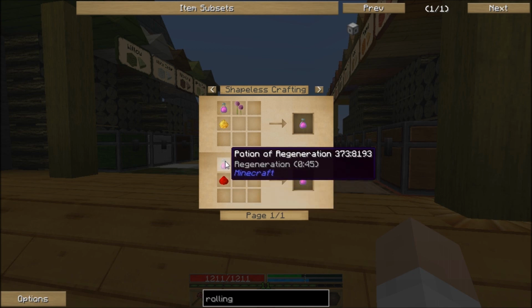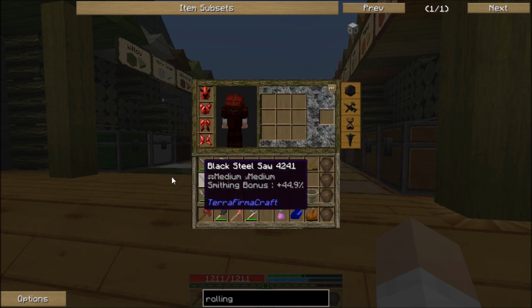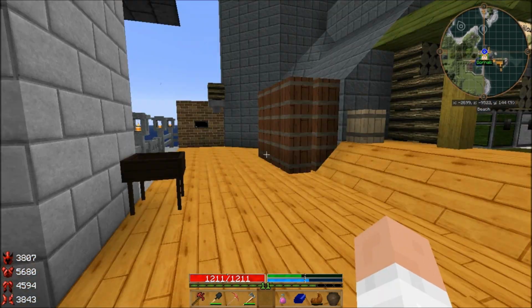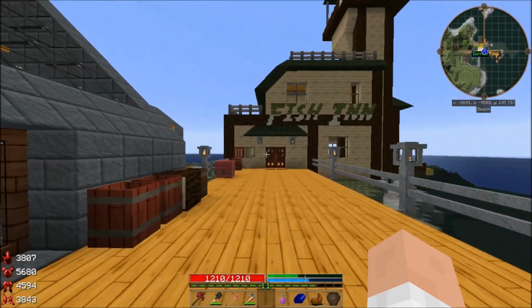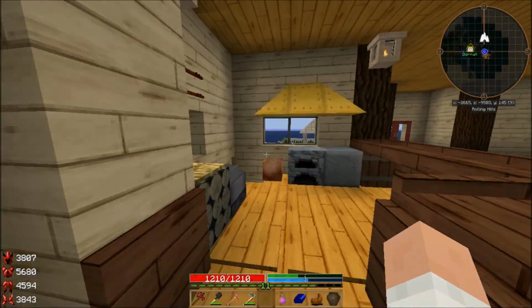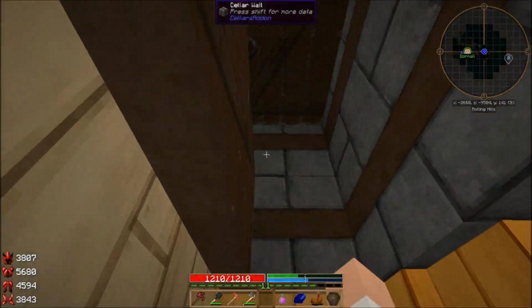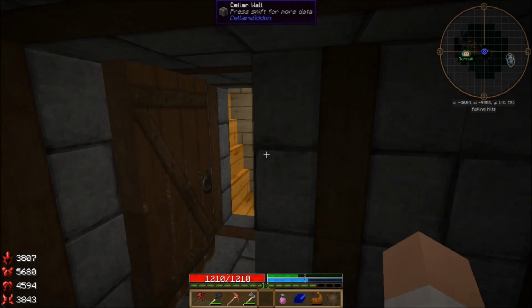Garlic plus redstone plus potion of regeneration 1 gives us a potion of regeneration 2 for 2 minutes. Now, it says that you need 160 garlic. Well, that's not really accurate. You just need some garlic. It doesn't need to be very much garlic at all. In fact, 1 ounce is more than enough. And if I come down here, grab that garlic, grab some garlic from down here,